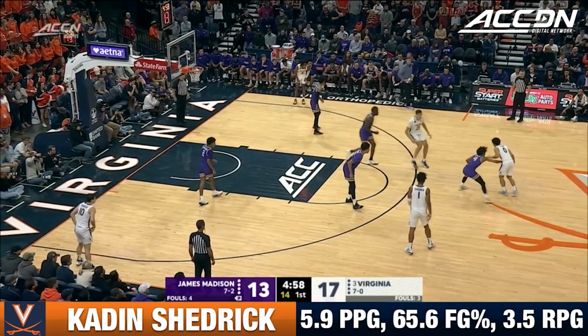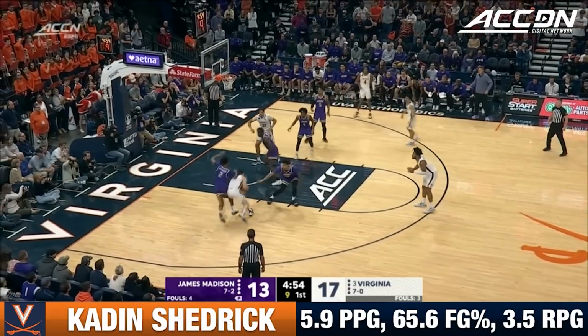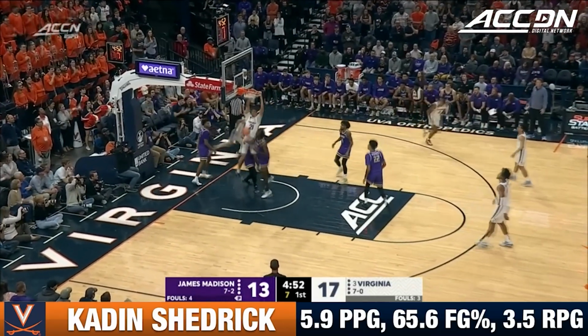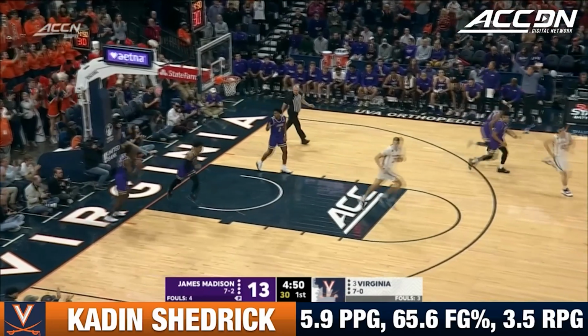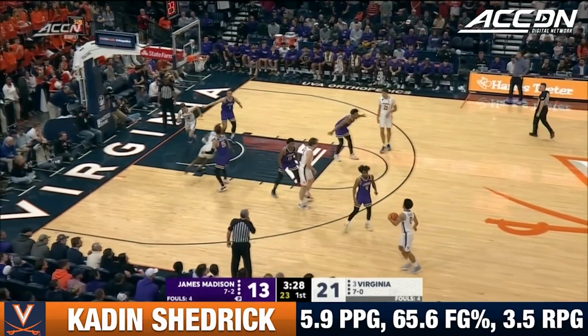He wants him to start making some of those shots. Just 5 of 21 against this Tony Bennett defense. Kane Murray, the drive, beautiful feed. Kadin Shedrick does the rest. That's one of the reasons why Julie knows that Reese is in great hands, because,